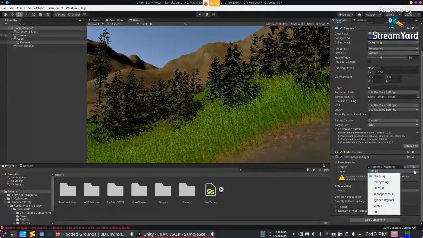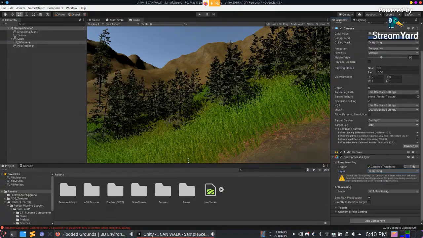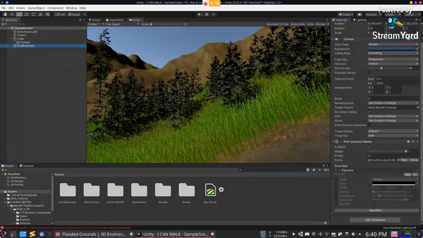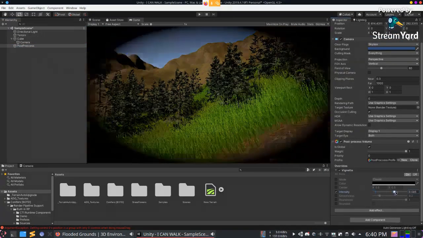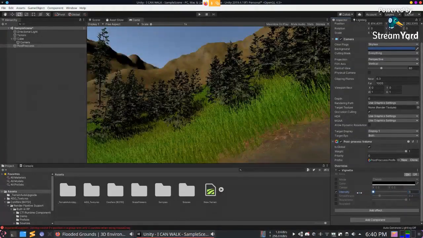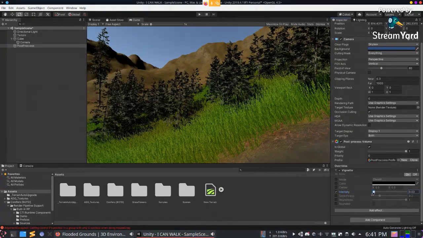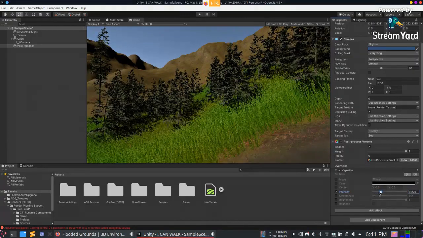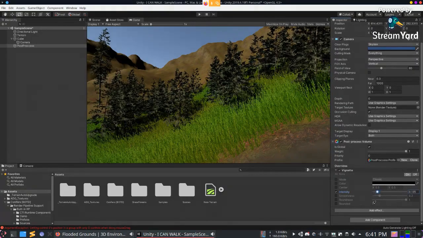I added it there and then did not. Let's do everything for now. It literally says not to go for everything, but let's just go for everything for now. In your game, just change it. Let's just test with the vignette. Yes, it works. Just put a really low vignette. Vignette, sorry, I keep pronouncing it wrong.